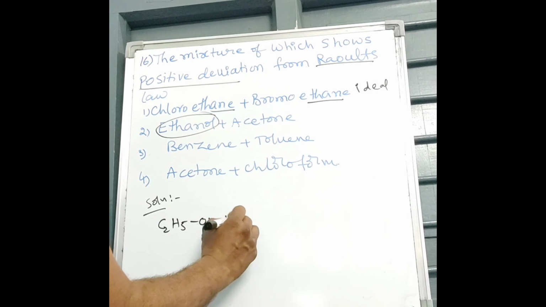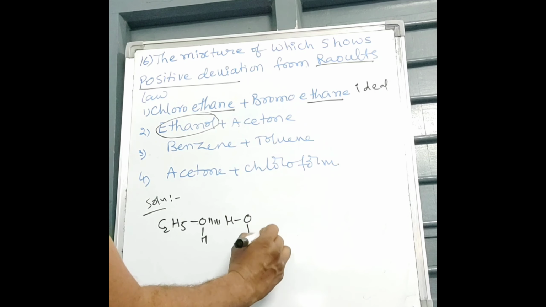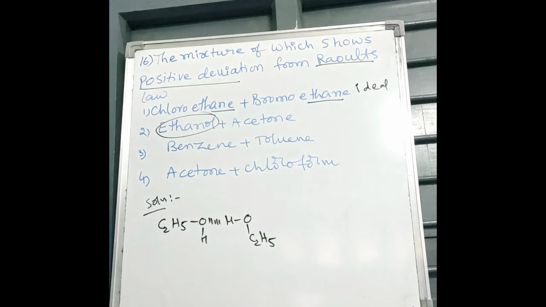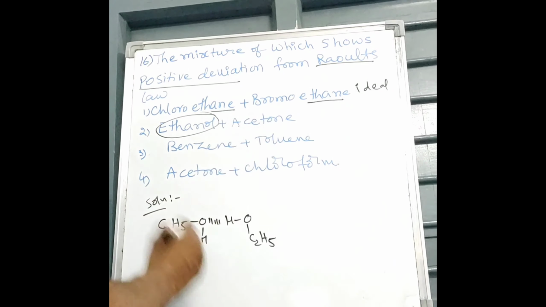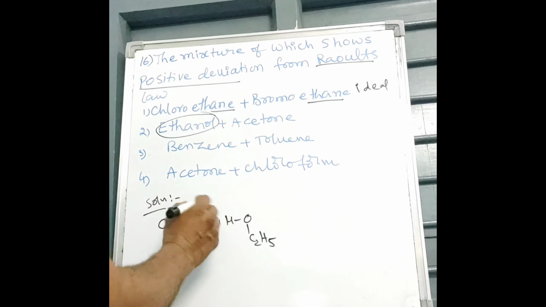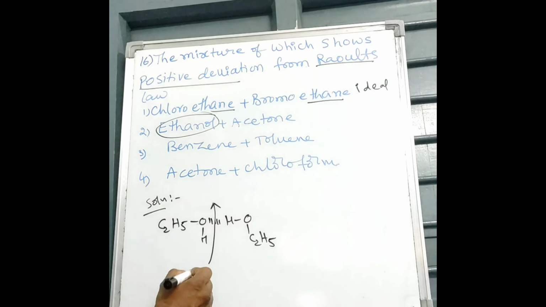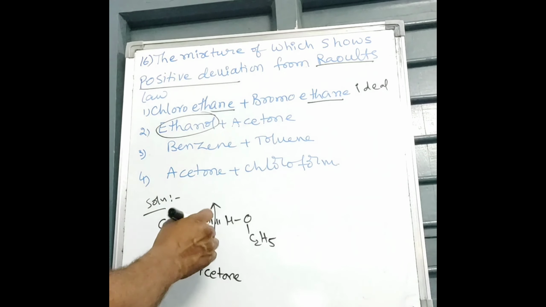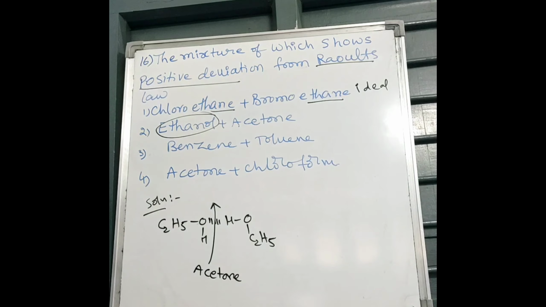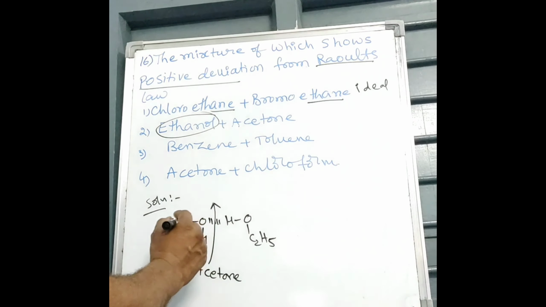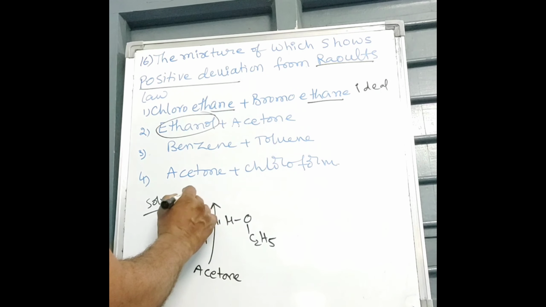Hydrogen bond is present in ethyl alcohol. When you add acetone to this, acetone cleaves this hydrogen bond. Because of the cleavage in hydrogen bond, ethyl alcohol evaporates